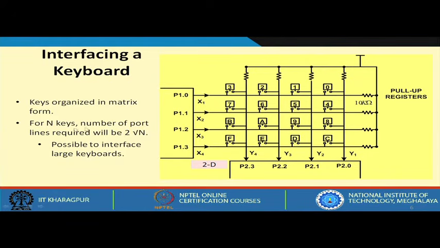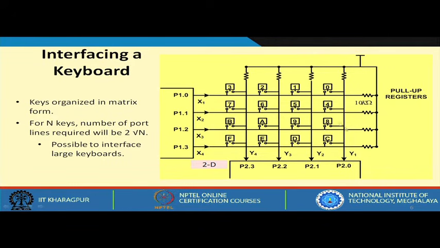The first thing is that the number of wires is getting reduced. So, for n number of keys, if you can lay them out in a perfect square, if n is a square, let us say 64 keys, then you can lay out as an 8 by 8. So, we will be needing 8 wires on this side and 8 wires on this side. So, twice square root of n. Since we have this nice property, even for 64 keys you need only 8 and 8, 16 port lines, not more than that. Okay. This is one good thing.